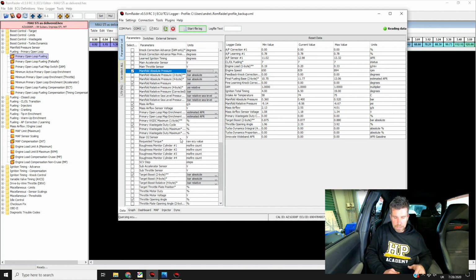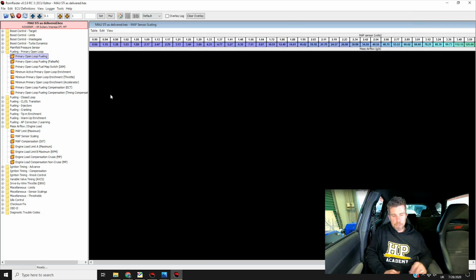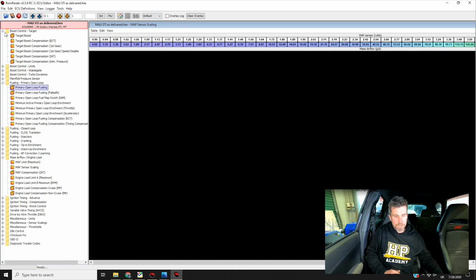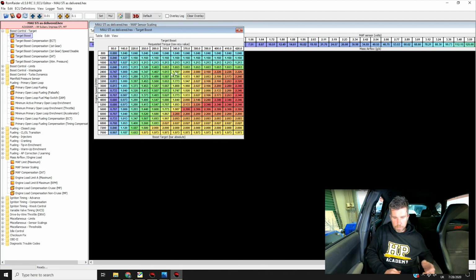Another one that is at least worthwhile having a look at is our requested torque. The reason for this is in terms of our boost control. If we come over to our boost target map here and we have a look at our target boost, we can see that the value on the load axis of this table is requested torque. We can infer this by looking at the lookup table for torque versus throttle position as well. So it's not the only way, but it's a nice, quick and easy way to actually see exactly whereabouts we are sort of moving through this table as we go through a ramp run, and that's going to allow you to do a better job of seeing what the boost targets are and what they need to be.